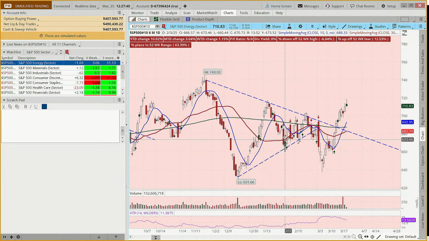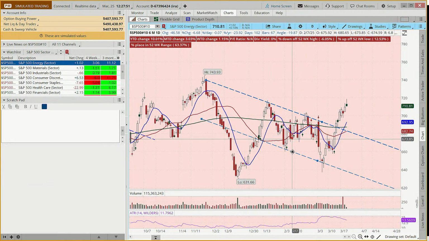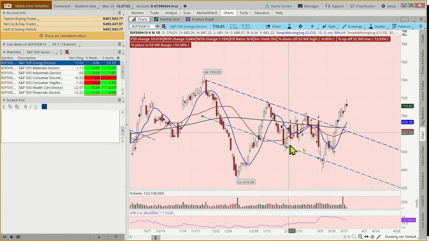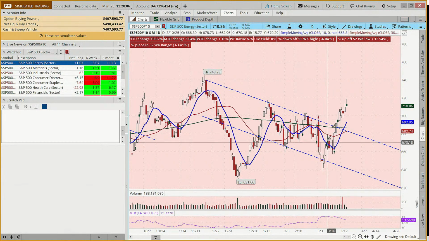Like this is kind of a double bottom pattern, right? Let me get rid of this line, and I'm going to duplicate this one and bring it down here. So this was trading in kind of a downward range, so this is kind of a double bottom on a tilt. And we've seen a lot of cup and handles on a tilt, and inverted head and shoulders on a tilt, and double bottoms on a tilt. And then we've had a breakout on the energy sector.